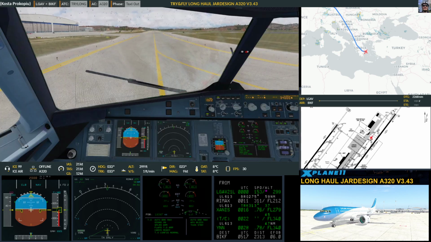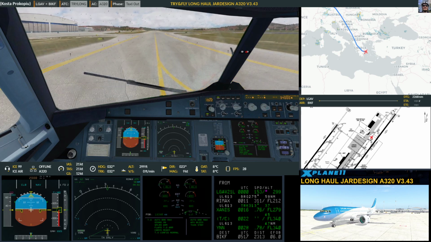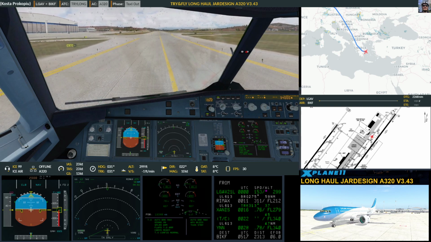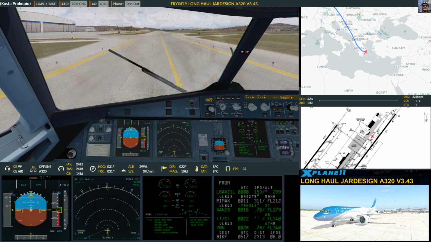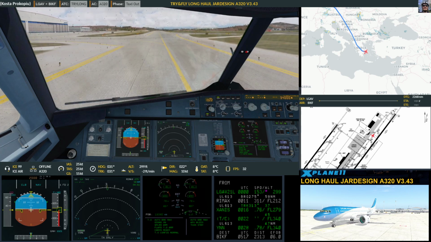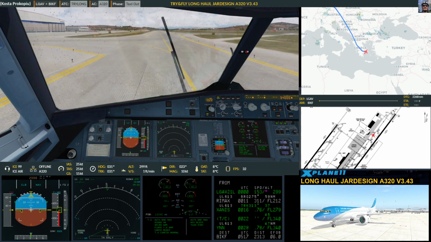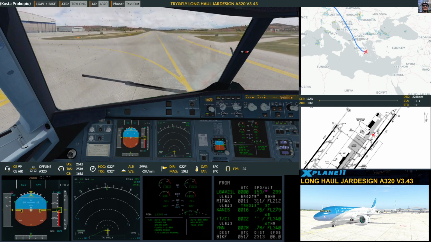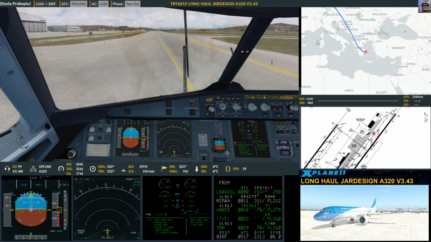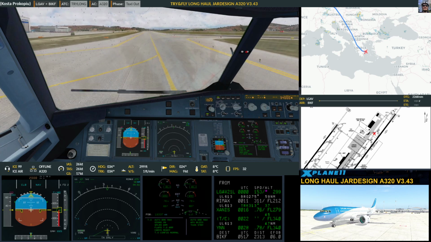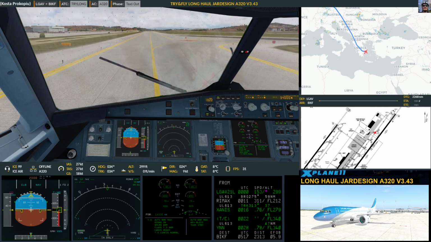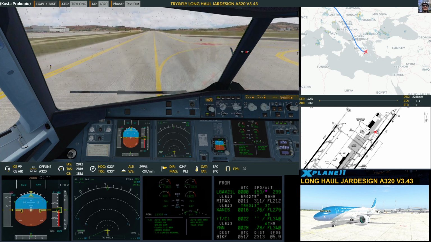So the interesting thing for this test will be how stable is the JarDesign A320 on such a long flight, almost maximum range. I stayed slightly under the maximum possible range because I wanted to make sure that we have enough reserves, and even if the fuel consumption is slightly higher than what was calculated, I hope that with the 18.5 tons that we have, we arrive